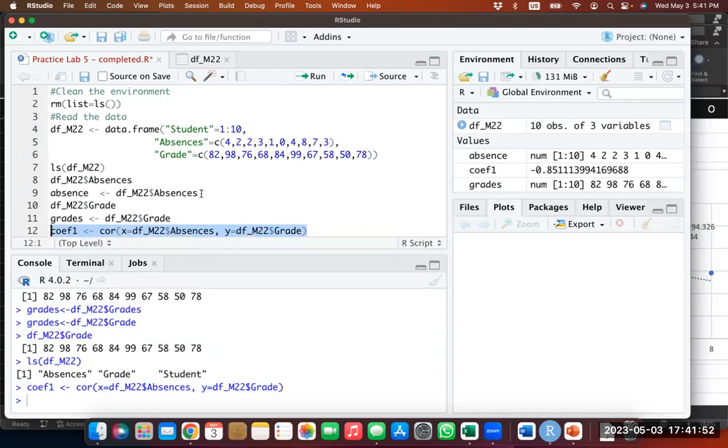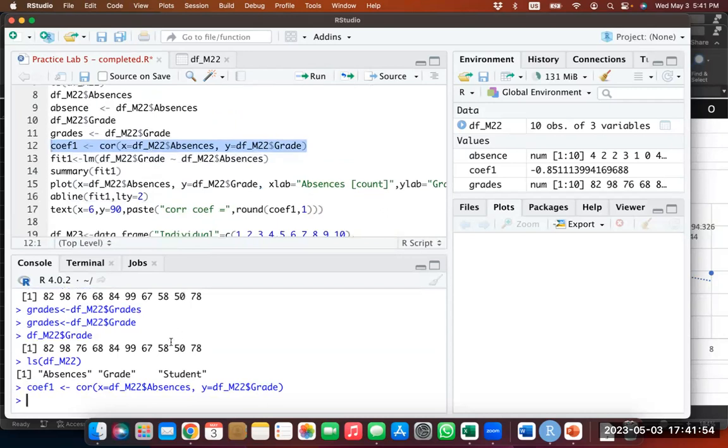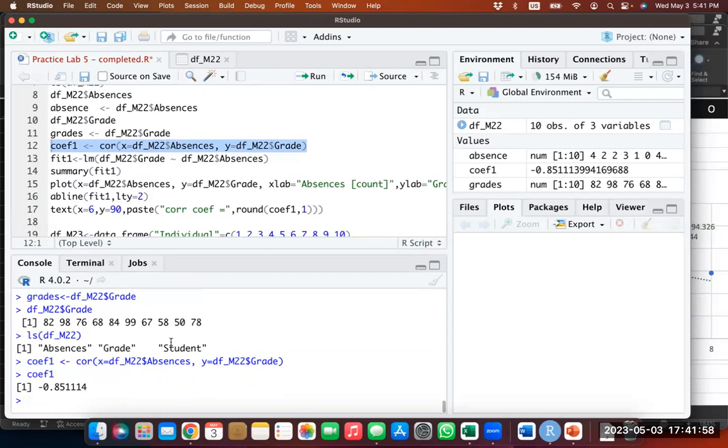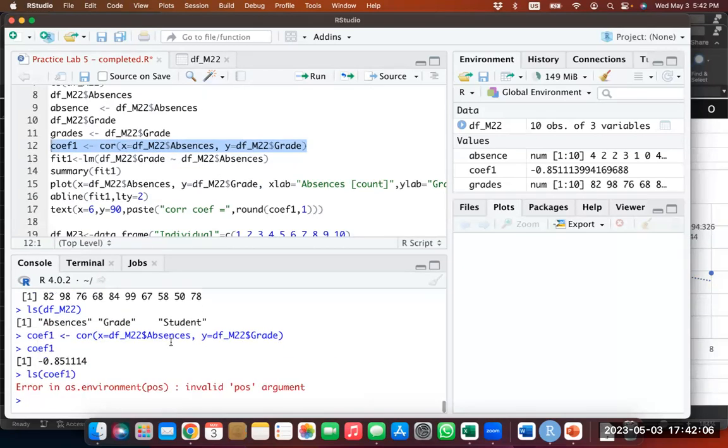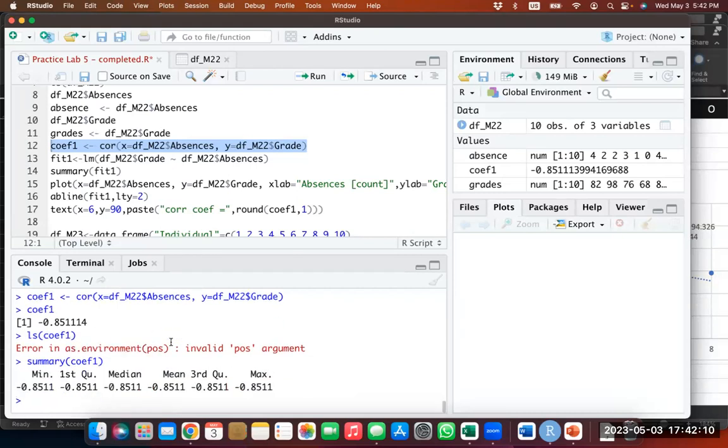We didn't change anything, we're just doing line 12. If we write CoF1, we get our correlation coefficient. That's the calculated correlation coefficient. So if we do ls CoF1,